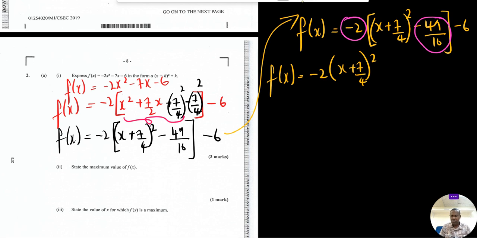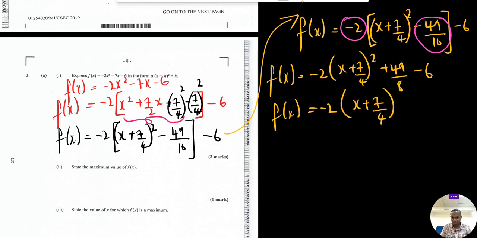And that essentially will give us, what's that? 49 over 8, or we could say 98 over 16, which simplifies to give 49 over 8. And that's going to become positive. So we have plus 49 over 8 minus 6. All right? And so we see that f of x equals minus 2 bracket x plus 7 over 4 squared